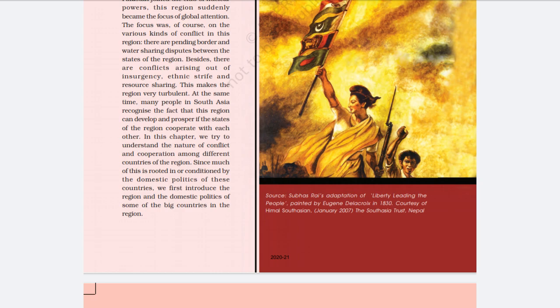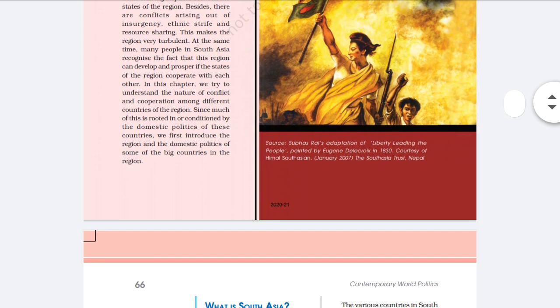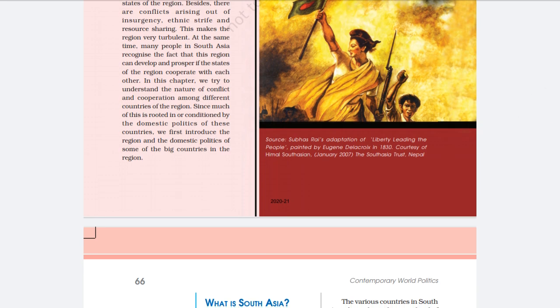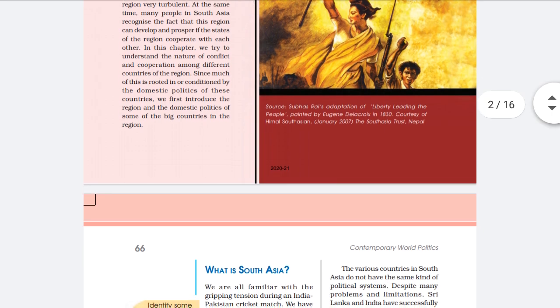At the same time, many people in South Asia recognized the fact that the region can develop and prosper if the states of the region cooperate with each other. At that time, when the countries were engaged in conflicts, some leaders from this region believed that if these countries establish cooperation and cooperate with one another in different ways, then this region can be more developed and can make rapid progress. Okay,